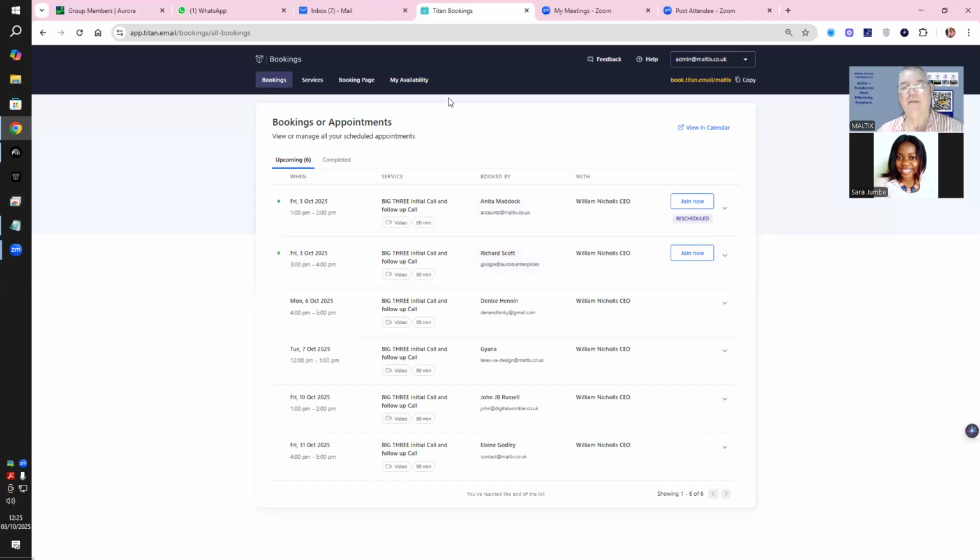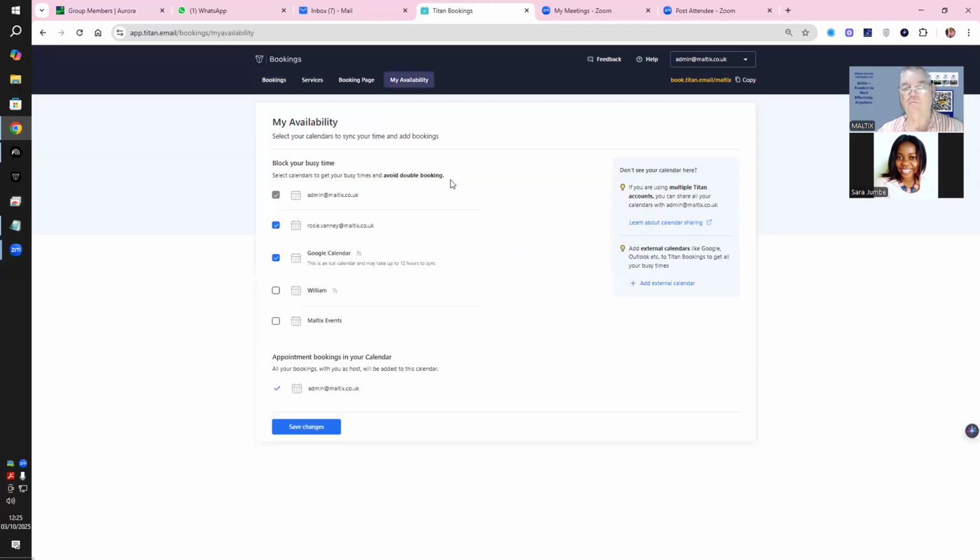The other thing here is you can set your availability. So if you're not working Wednesdays, for example, you can strike off Wednesdays, or if you want to work Saturday mornings, you can. And that's all built into it. You can block time here as well. Obviously, you can block time off completely. You can also join up